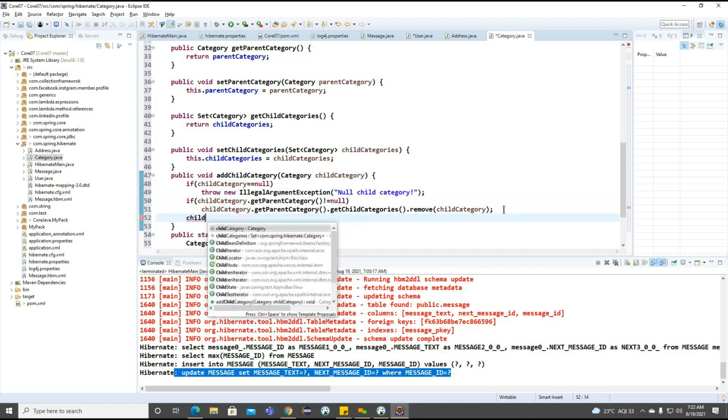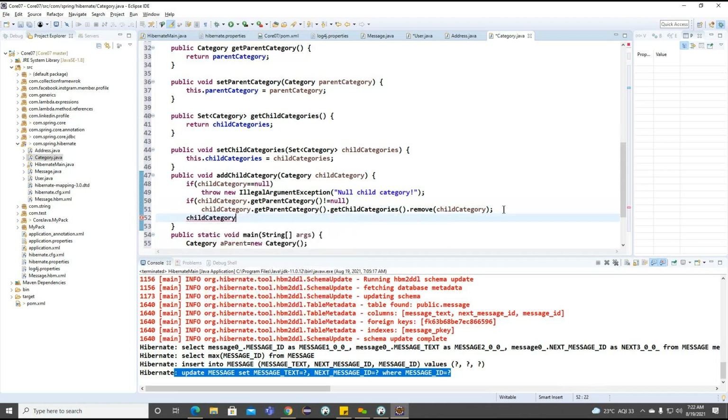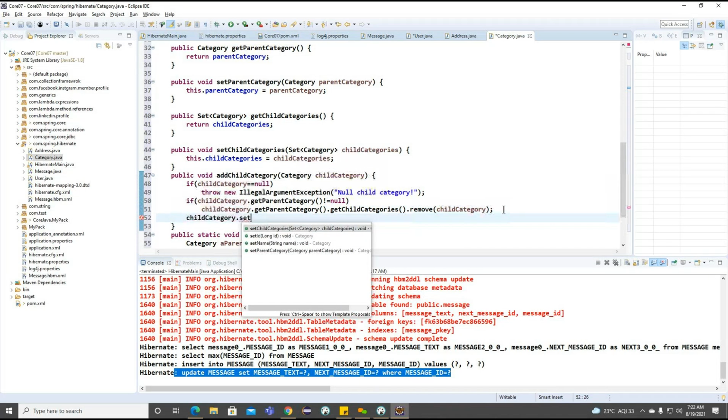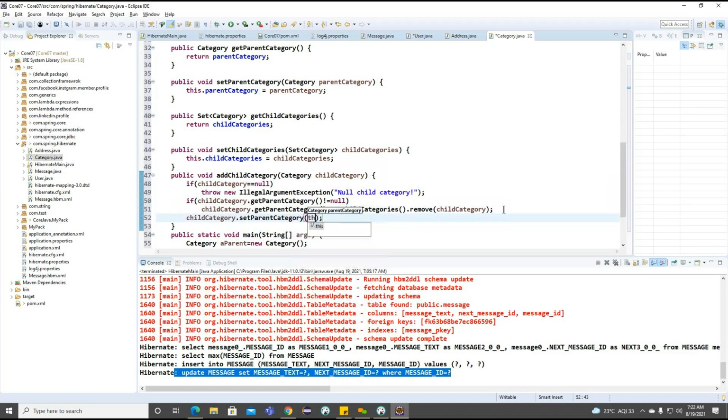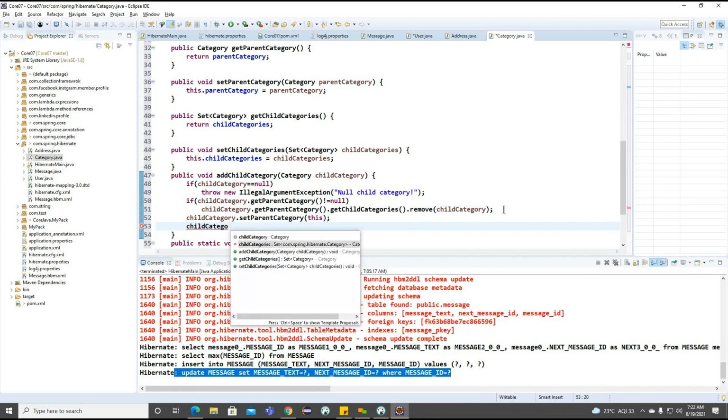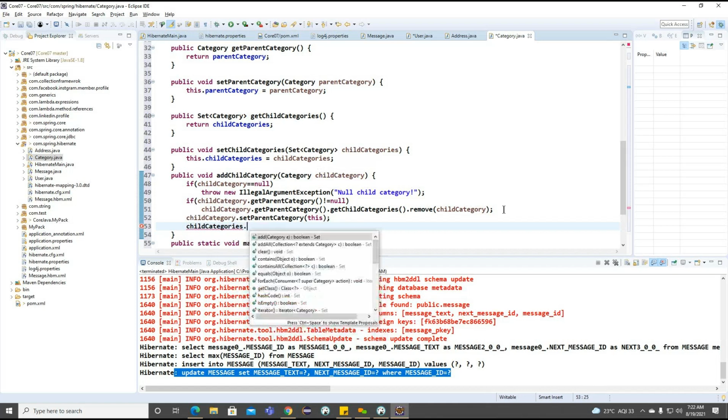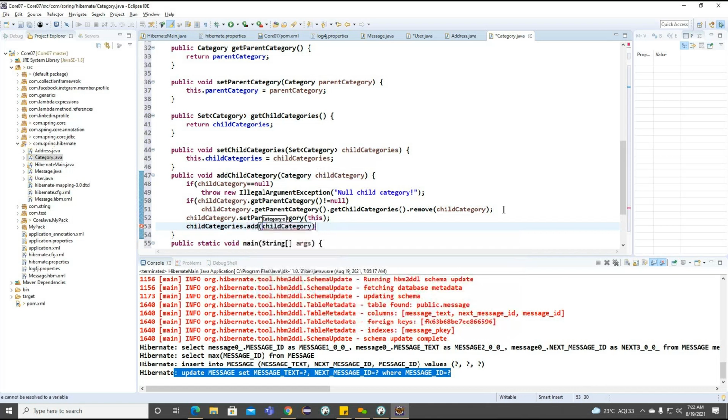Simply child category dot set parent category. The parent category we are going to set as a current object here, and child category we are setting like this here.